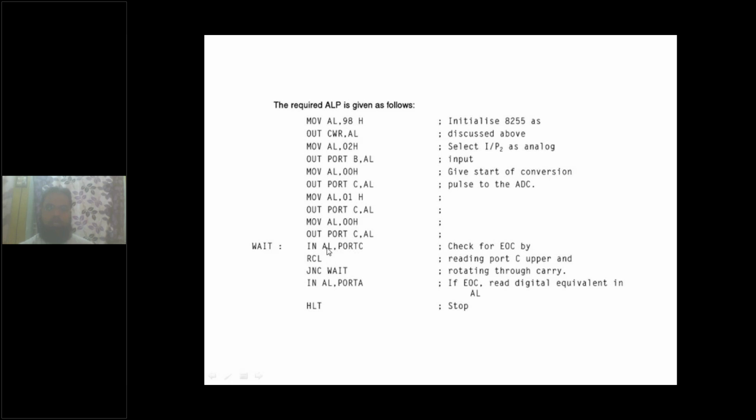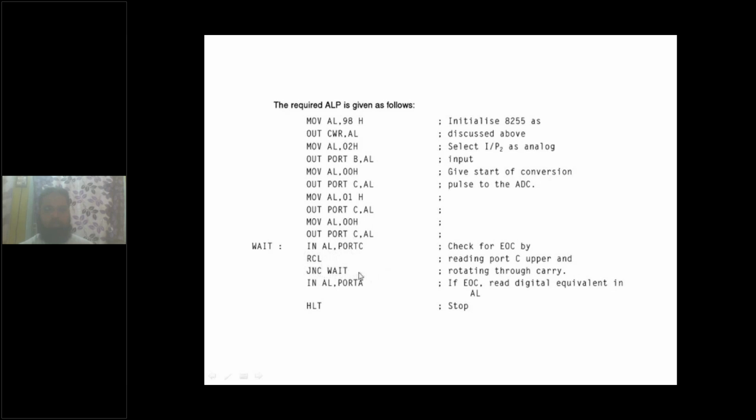So IN AL, port C means I am reading port C, wherein the PC7 line, that is the MSB, is checked by using RCL, and this PC7 bit is transferred to the carry flag. Now I am checking whether the carry flag is set to 1. If the carry flag is set to 1, it means that the EOC signal has been reached.